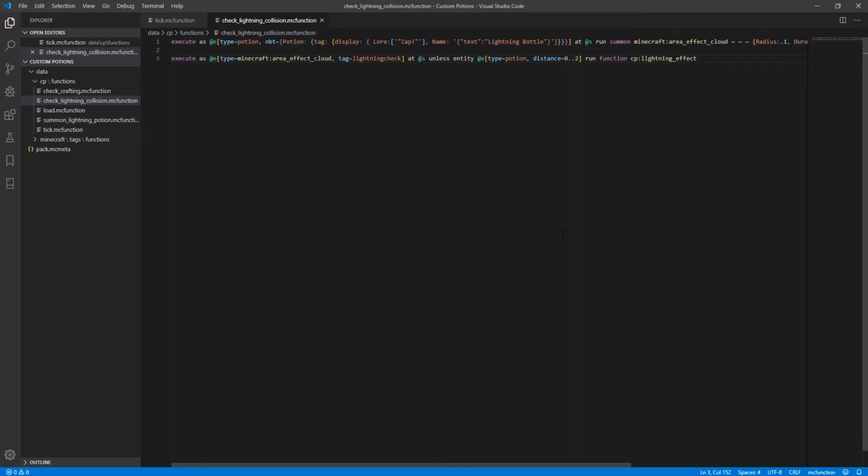and when the potion collides with something, the last summoned area effect cloud will persist for at least 1 more tick after that, and because of that, the second function will be able to run the function that we gave here, because the tick after the potion collides with a block or an entity, the area effect cloud that was last summoned will still persist and will be able to run the function because the potion is gone and there's no potion within 2 blocks. And with that, we'll create our last function called